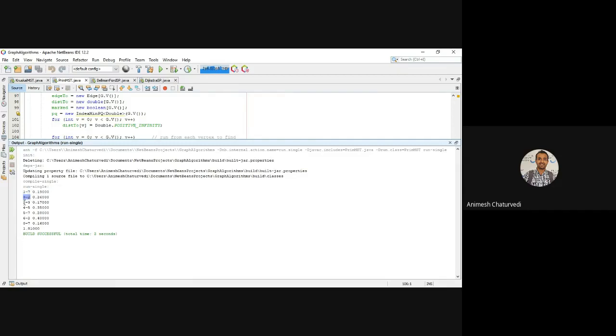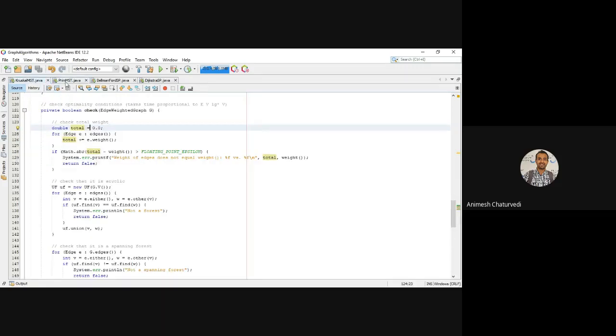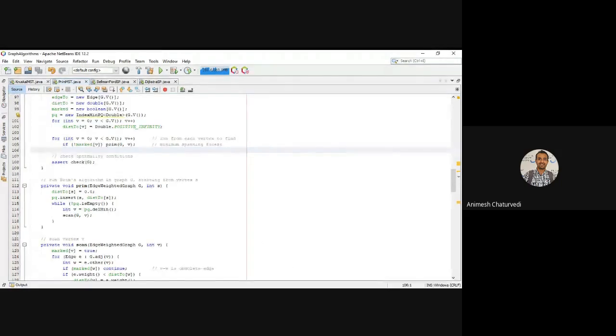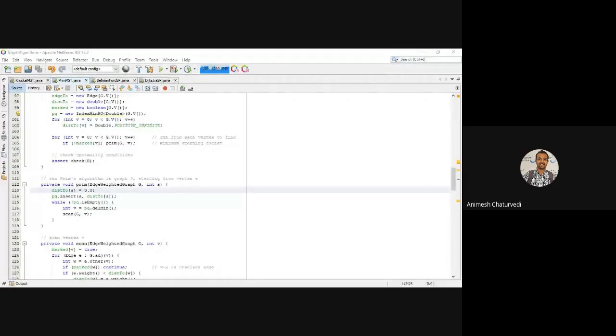1, 7, 0, 2, 2, 3, 3, 4. So what are their weights? The weights are given over here. 0, 7 has a weight of 0.16, and adding up all these weights, you get what? 1.81. Both cases are the same. For Kruskal and Prim's, you'll have the same result because they are both deterministic algorithms. We'll study deterministic algorithms very soon. So this is what we wanted to see first.